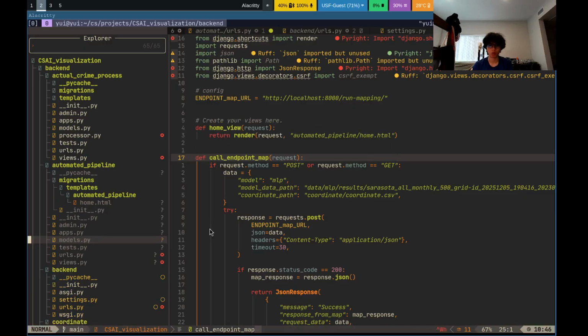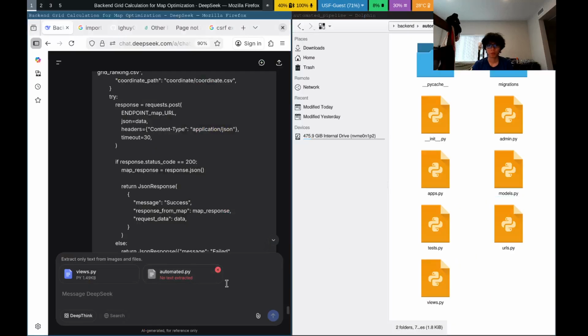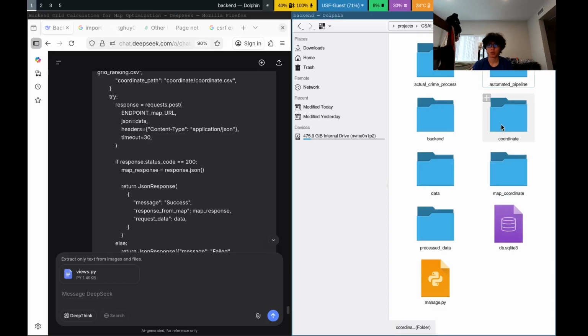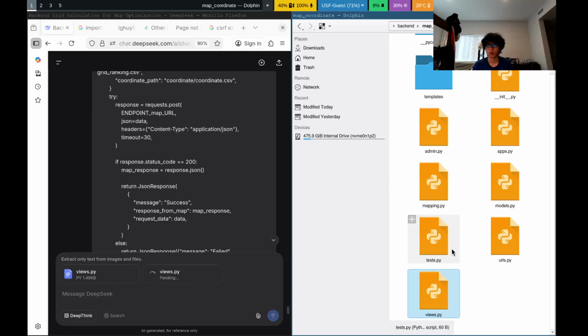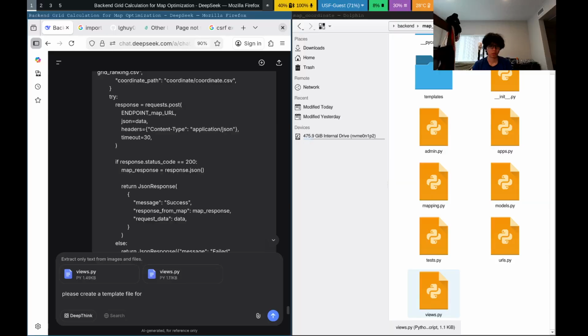So we don't really need that. Everything is in the field of pi, and everything in this map coordinates also in the field of pi. Please create a template for the new